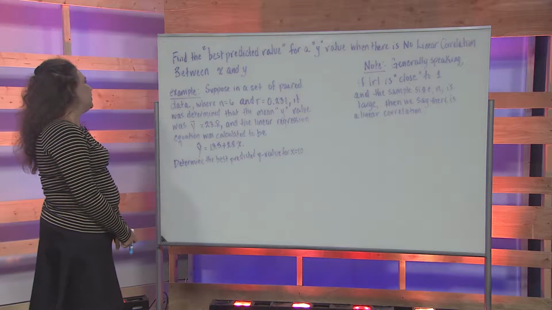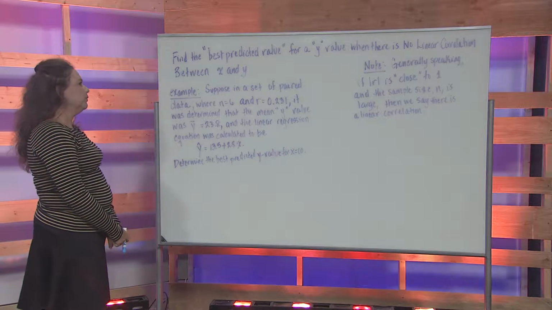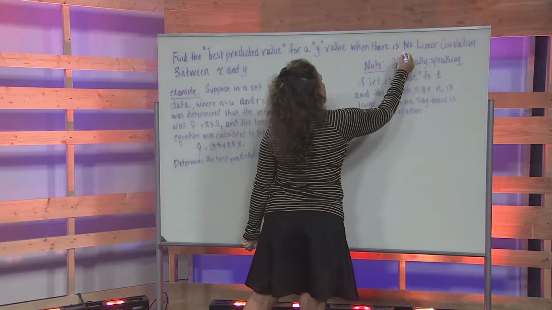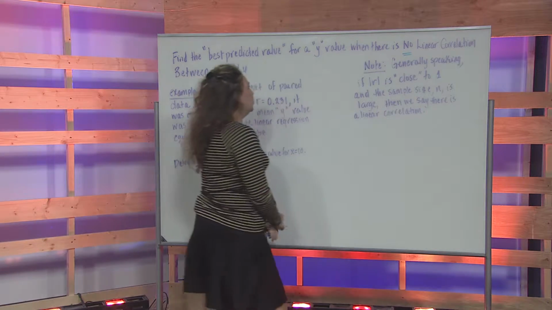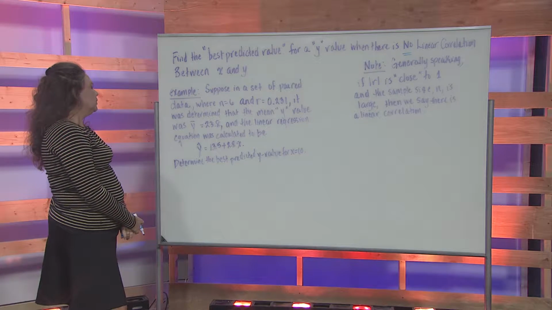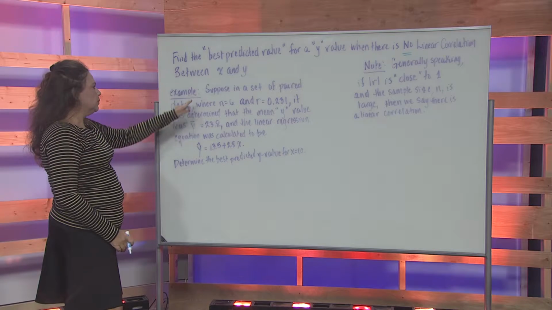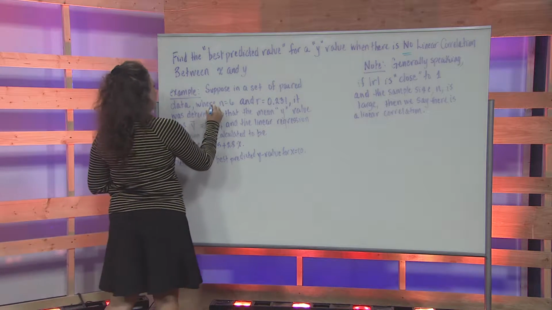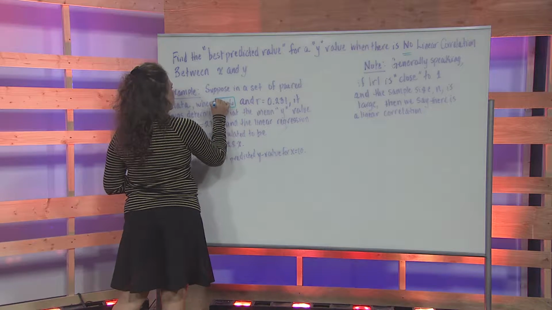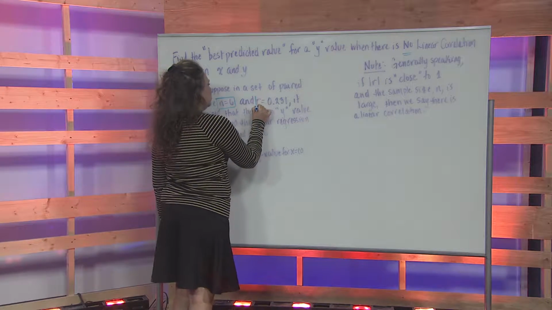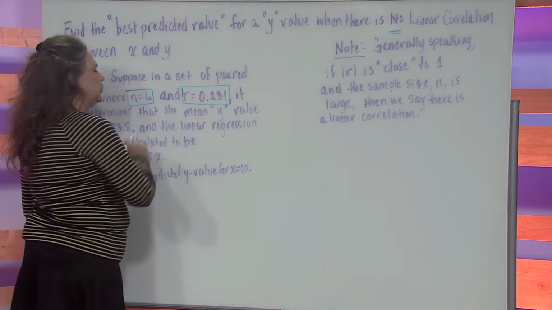In this video, we want to find the best predicted value for a y value when there is no linear correlation between x and y. So this example states that suppose in a given set of paired data where the sample size n is equal to 6 and r, the linear correlation coefficient, is equal to